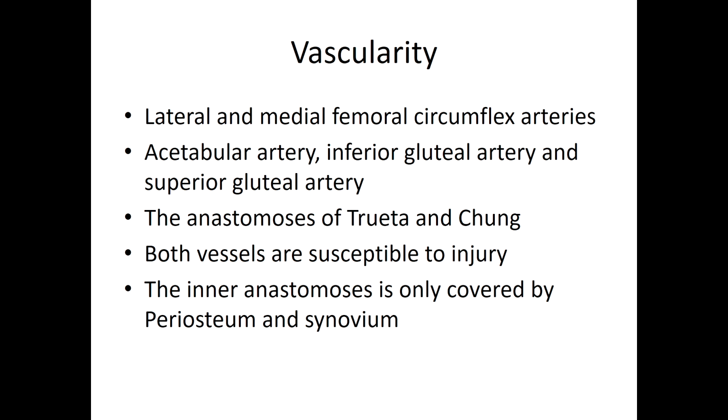So the vascularity to the hip is predominantly from the lateral and medial femoral circumflex arteries. They both arise from the profunda femori. And there are other little arteries: the acetabular artery, inferior gluteal artery, and superior gluteal artery. There is an extracapsular anastomosis around the trochanteric area. It was well described, and goes by the name of anastomosis of Trueta. And then Chung later described the subretinacular intracapsular anastomosis of Chung, which becomes very important, especially when you use the surgical dislocation